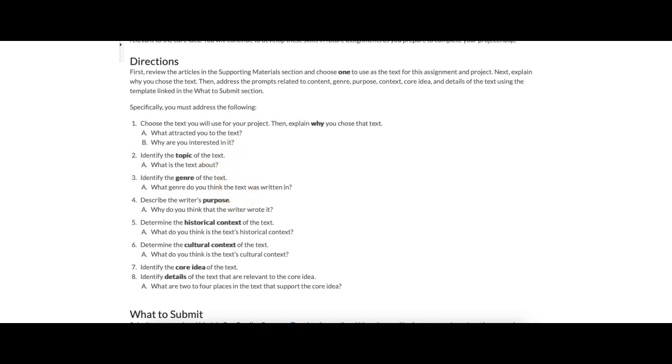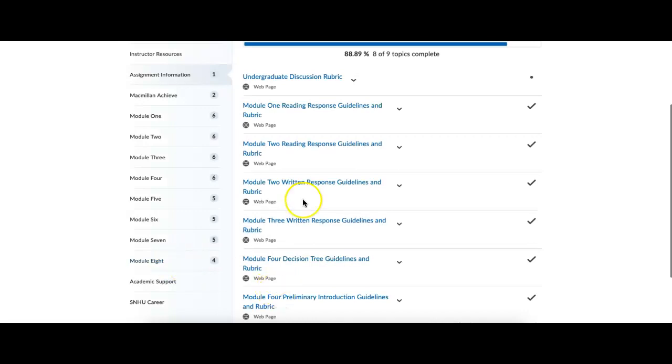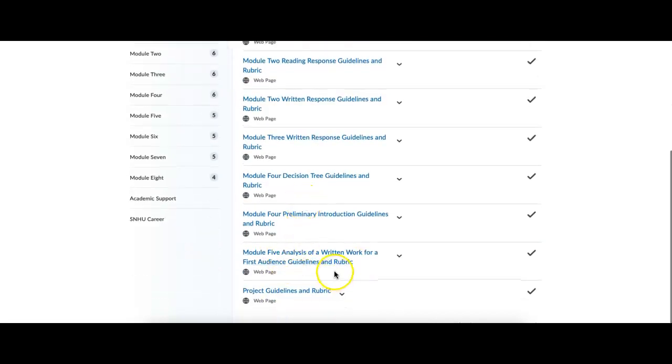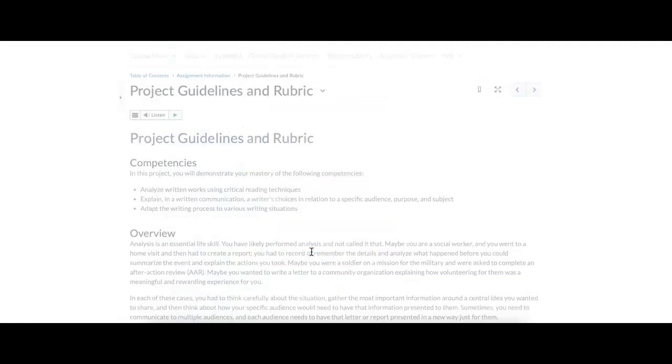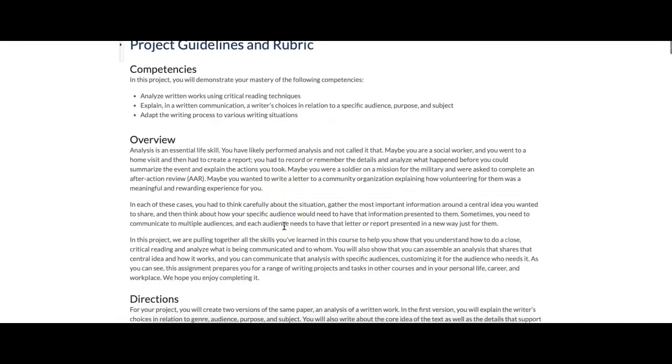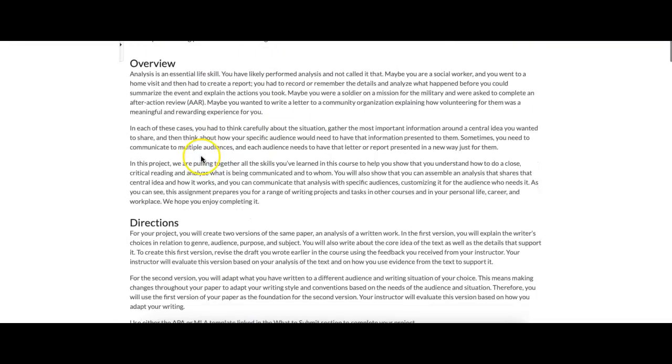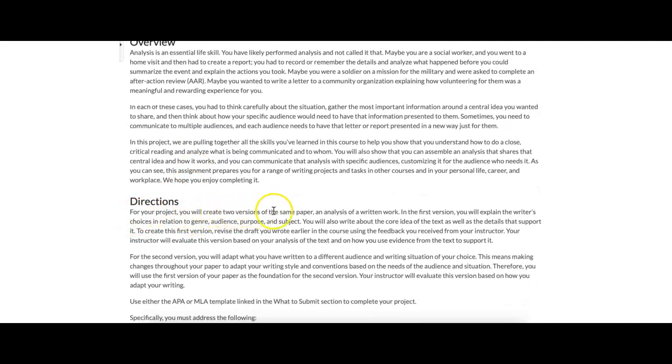And like I said, it's usually a good idea to skip ahead to the end idea or the end product to get a sense of what we're working towards. Analysis, an essential life skill. For your project, you will create 2 versions of the same paper, an analysis of a written work, just like